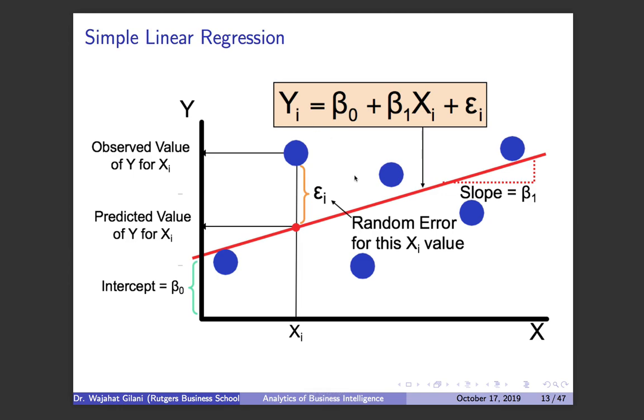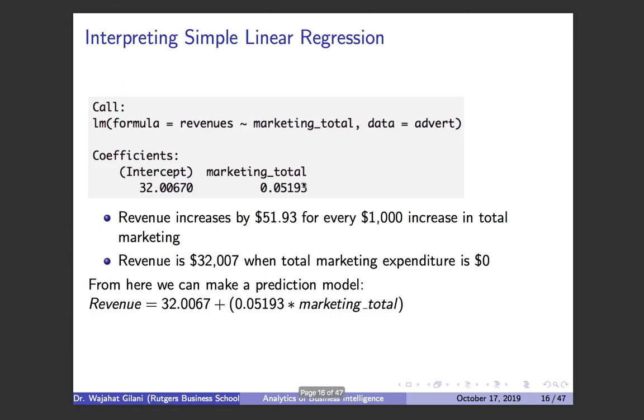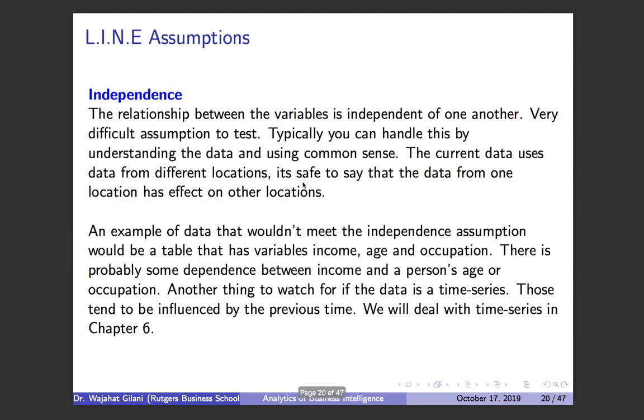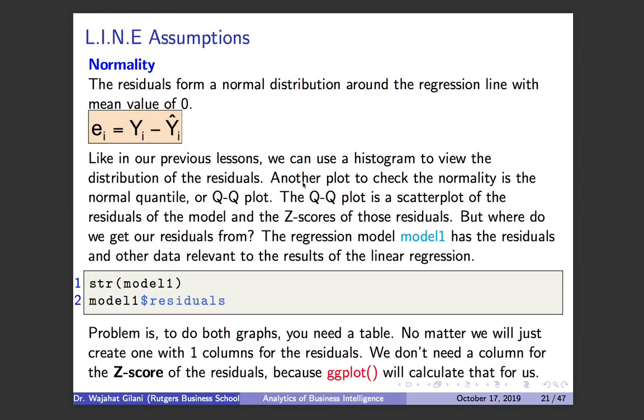The difference between the two, so this is Y, and the equivalent over here would be Y hat. The difference between the two is that error point, like we talked about before. Now, these residuals, and this is important, they form a normal distribution around the regression line with a mean value of